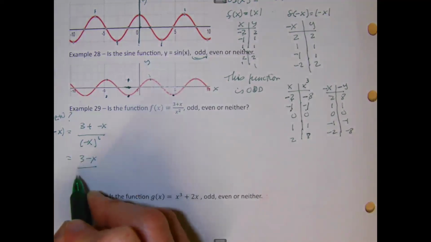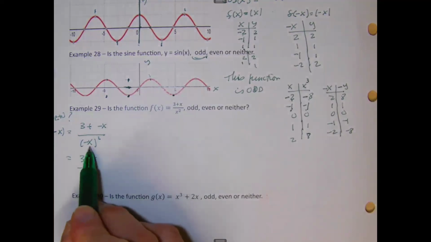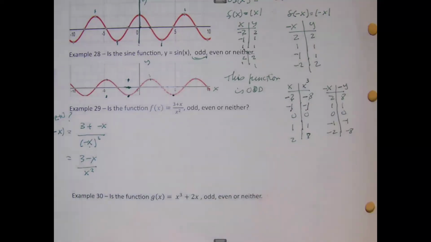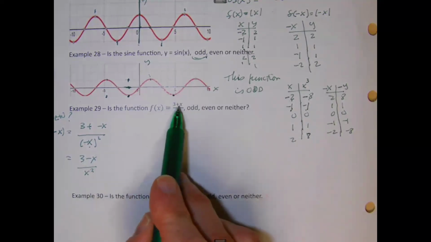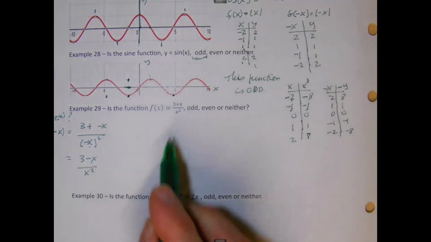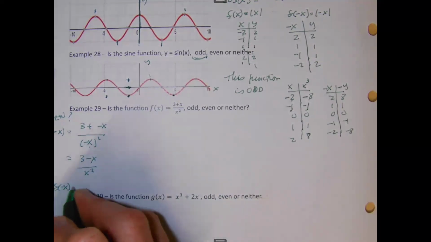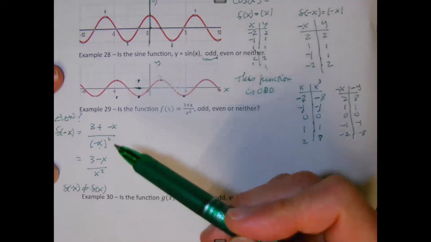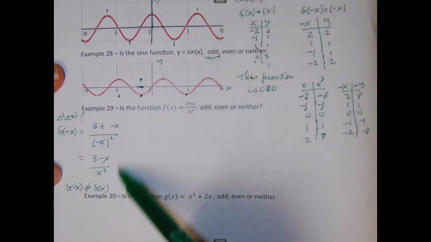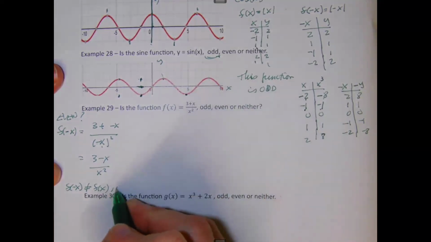What's negative x squared? Negative x squared you can rewrite as x squared. In other words, x times x is x squared. But if I think of this as negative 1, negative 1 times negative 1 is 1. Now, is that the same? Well, the denominators are the same, but here I'm adding x and here subtracting. No, these are not the same. So what we have as the result of this is that f of negative x does not equal f of x. And again, the way I'm showing it to you, that's the way I'm expecting you to show it to me. And then come to this conclusion and then say, hey, not